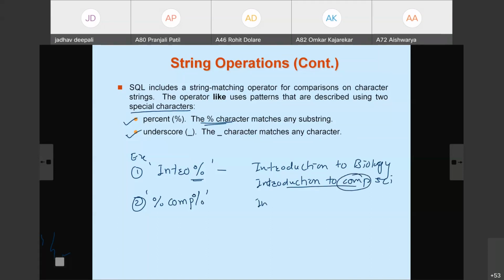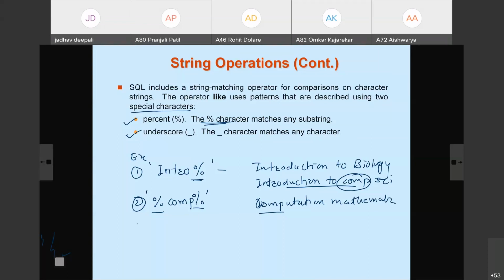COMP is there. Computational mathematics, suppose I write computational mathematics, then COMP is there. Computer science and engineering, COMP is there. So whatever is before or after, no matter. But if there is COMP as a substring, then it matches that entire string.